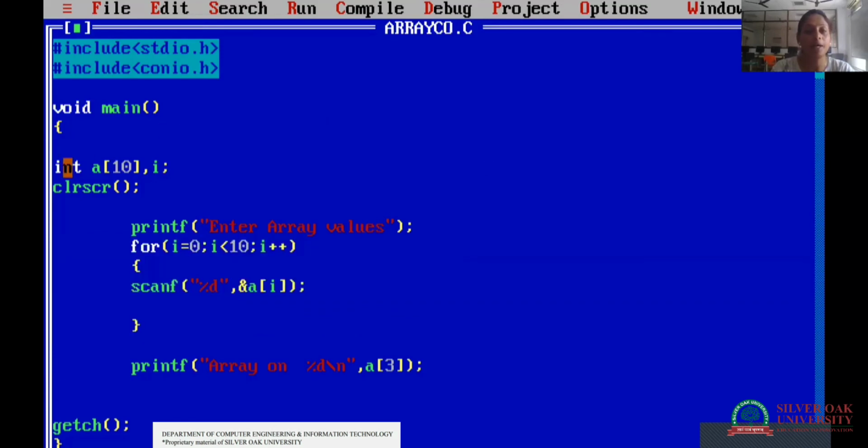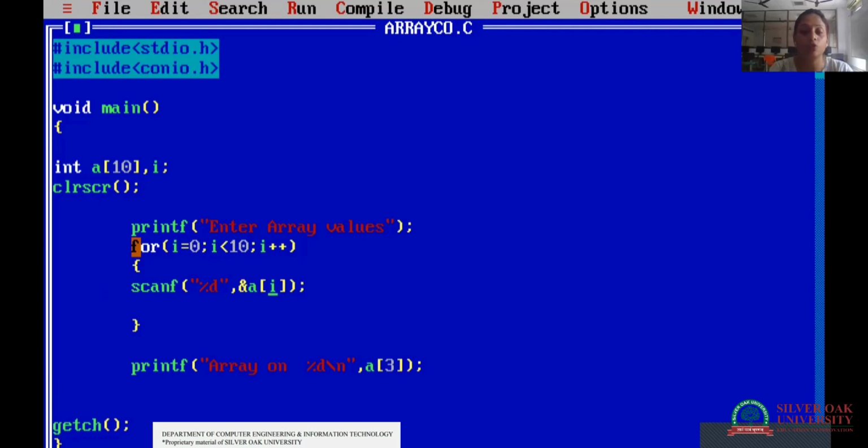That means here my array size is 10, so I will run my for loop for 10 iterations. That means the array index value will start from 0 and end up till 9. Less than 10 means till 9. So I have written the whole scanf function inside the loop. If we have a normal variable, we write %d, but here we have an array, so on the array's index number, we give the value.